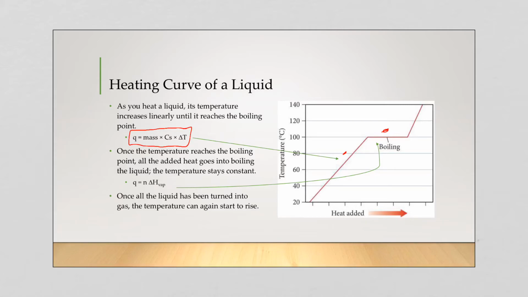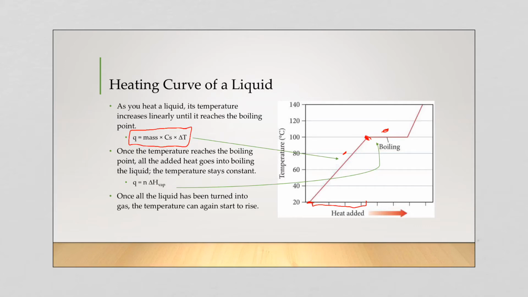So if I want to calculate the heat necessary for one of these diagonal regions, in this case to go from 20 degrees to 100 degrees, well, I can use Q to do that. I've got my temperature change, I know my specific heat, and I know how much mass I have. I can calculate how much heat this represents